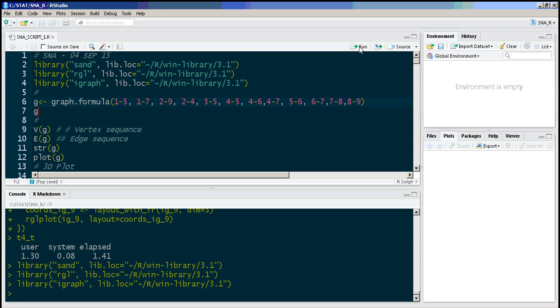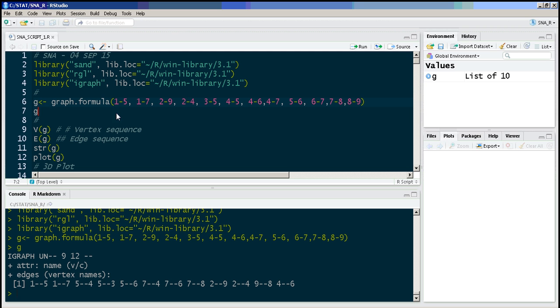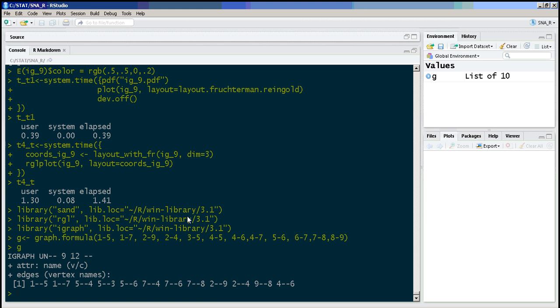So here's the first graph. Let's look at this graph that we've created. And what is mentioned over here, it says 1-5, 1-7, 2-9. So that is basically showing what are the linkages that we want to be there in the graph. So if you look at the console now, and let me enlarge this, not looking at whatever is above here but down here,